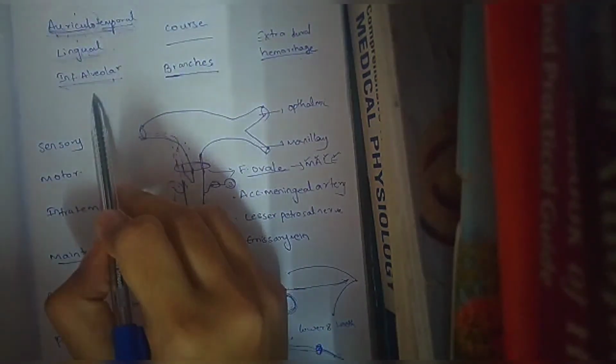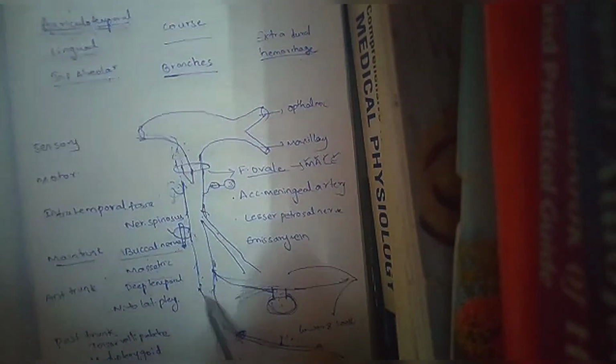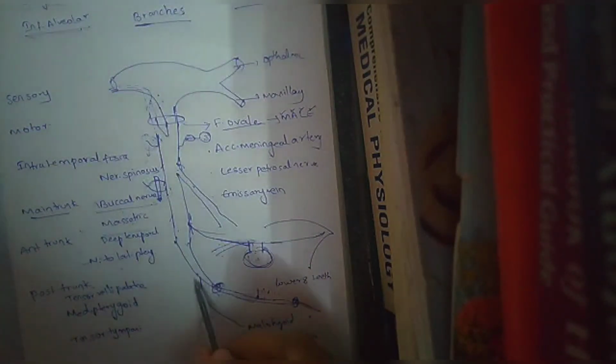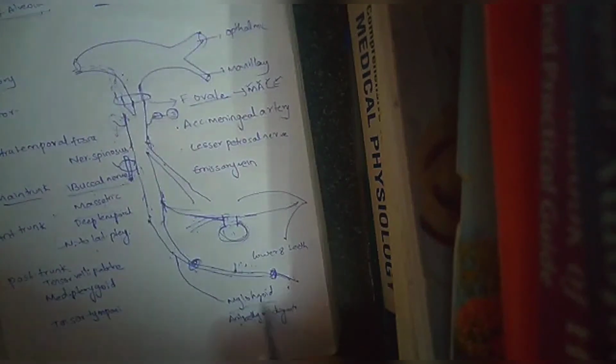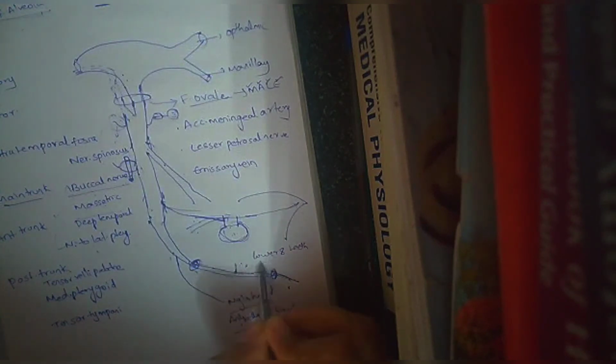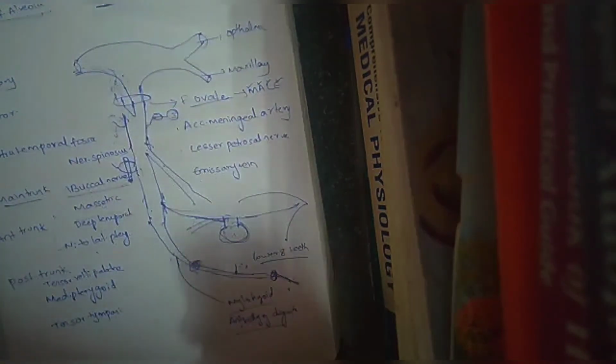Inferior alveolar nerve is the largest terminal branch of the posterior trunk of the mandibular nerve. It passes through the mandibular foramen. Before passing through the mandibular foramen, it gives the branch to the mylohyoid and anterior belly of the digastric. After passing through the mandibular foramen, it supplies the lower 8 teeth and passes through the mental foramen to continue as mental nerve.